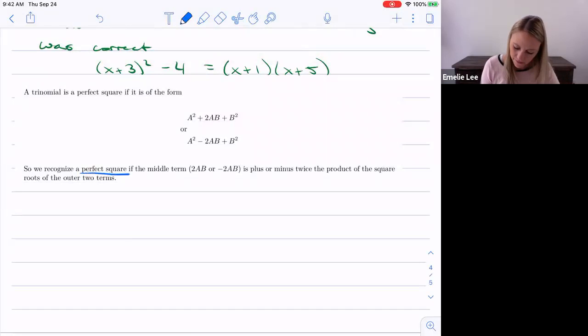Perfect square, if the middle term is plus 2ab or negative 2ab,